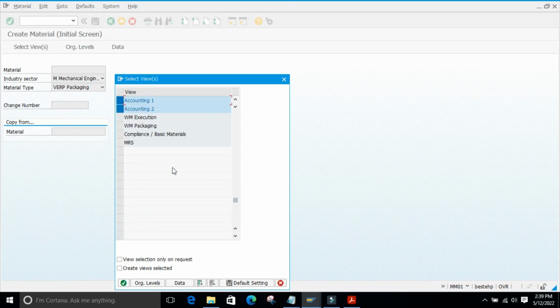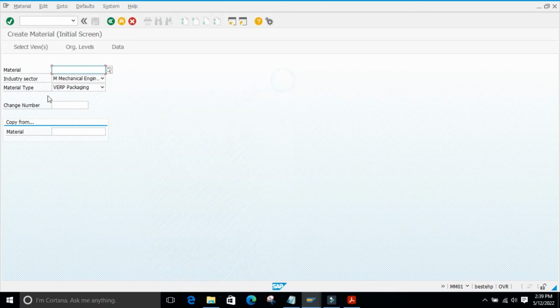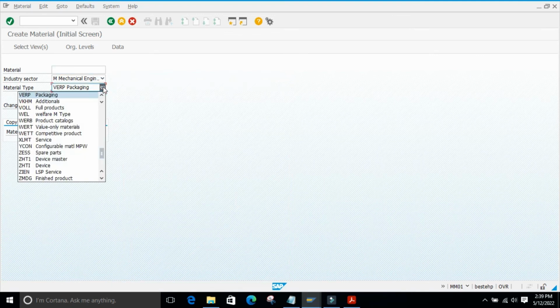So it is also, major things will be there. To show the difference, RTP material I will select